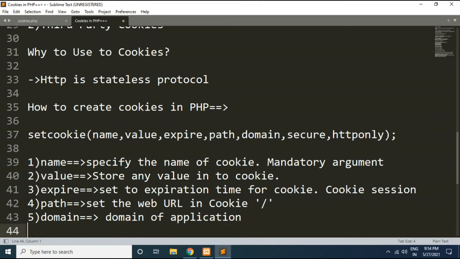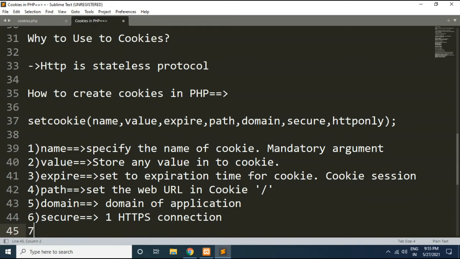Next argument we have is secure. If you set its value to 1, then the cookie will be sent only over an HTTPS connection. And at last we have the seventh argument, that is HTTP only.